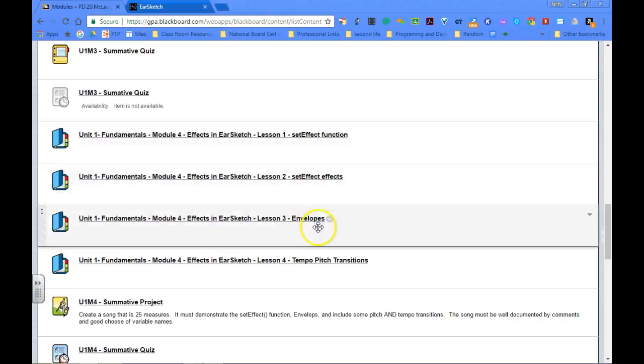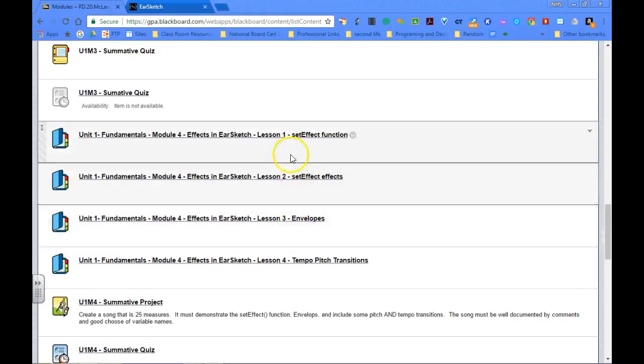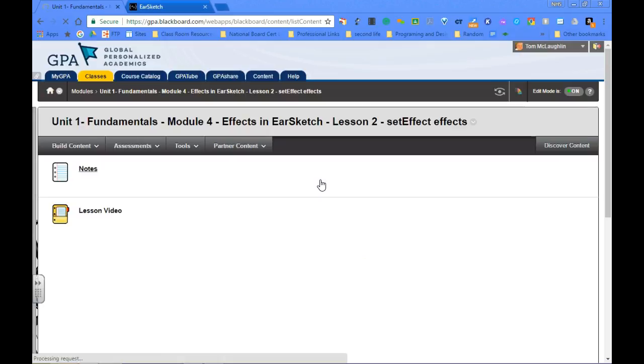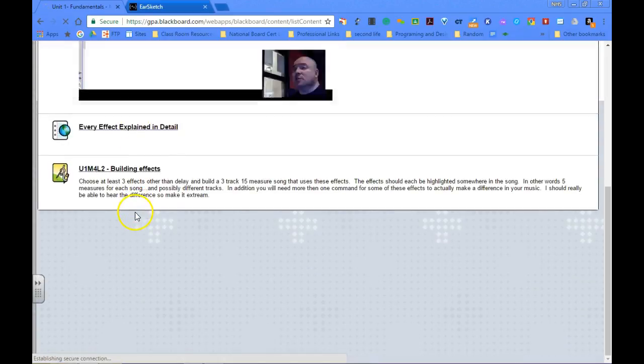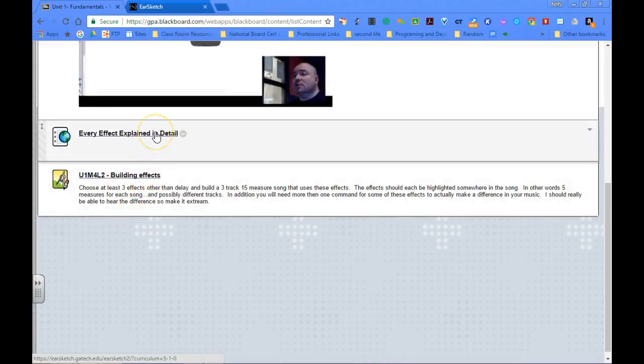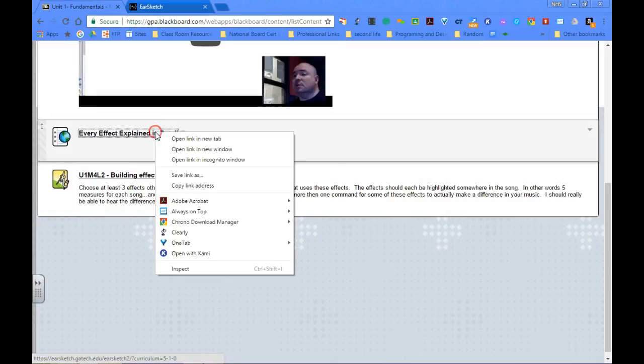So these 3 lessons here, 1, 2, and 3, really go together. We talked about the basics of the set effect function. We talked about all the different kinds of effects that there are. So I'll go back through that list and take a look at them. There's a specific link in Lesson 2 that will open up in EarSketch and go through and explain every single available effect. So if you just open that up,